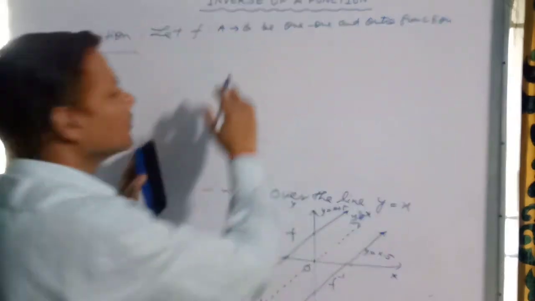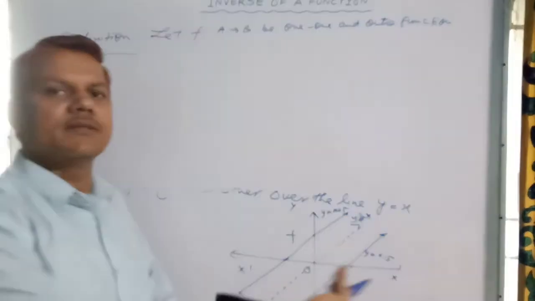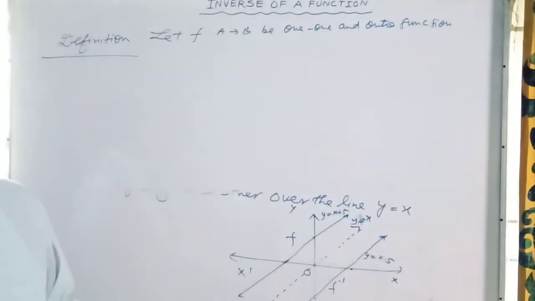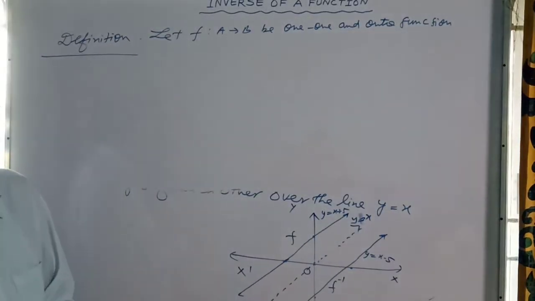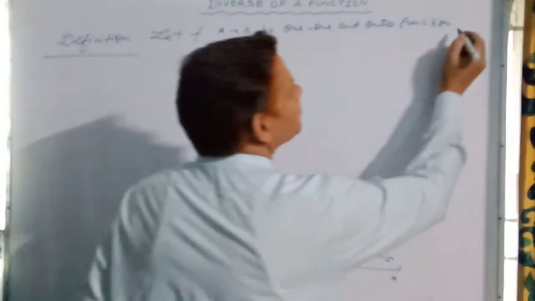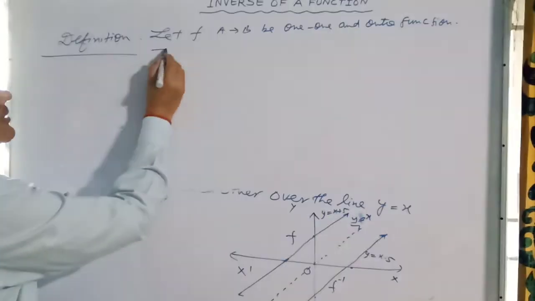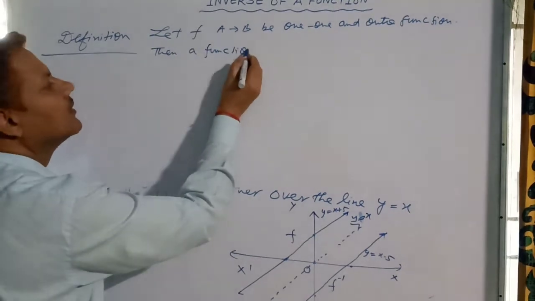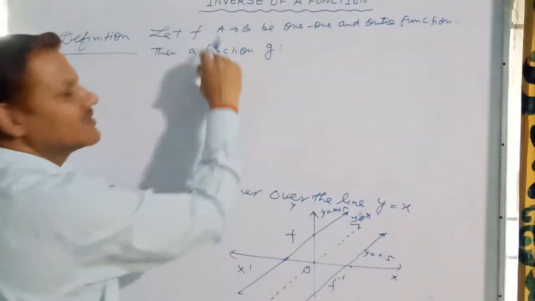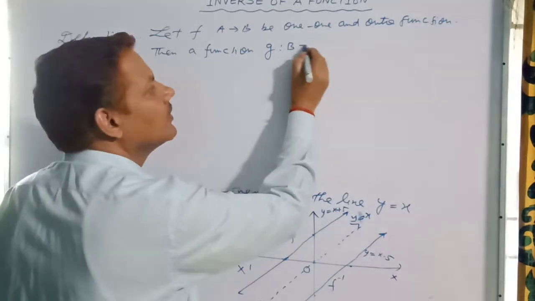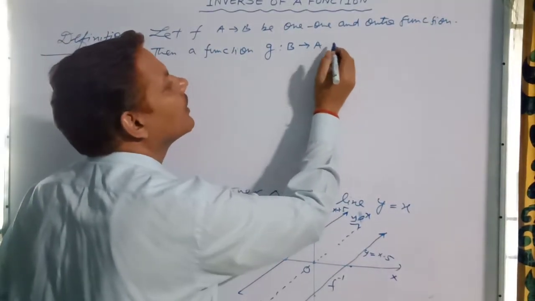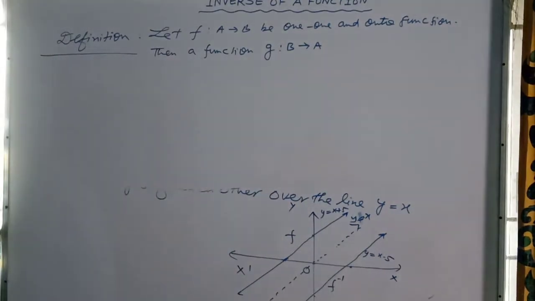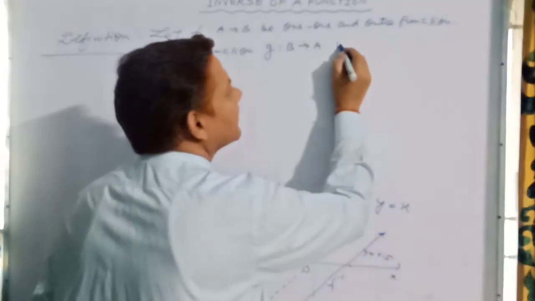If it is 1-1 onto, then when we interchange codomain with domain, what is the only chance for it to be? A function. Otherwise it is not a function. Then this is the function g, obtained by interchanging, that is from B to A. We interchange codomain and domain, which associates